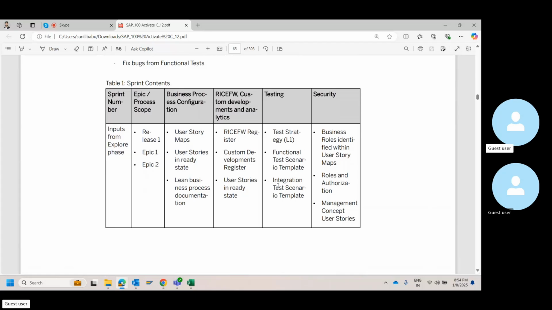I was talking about tracking, right? You need to track. It's not important to track the configuration as a whole. It's important for you to track within the configuration which module, which item is configured, which process is configured, which is not, as a project manager. Else you will not understand the progress. If there are 10 days which you have given for configuration, you need to know that master data is now configured. Within master data, what is actually configured? Vendor is configured, material master is configured, then purchasing info records is configured. These things you need to relate, so you will be able to track it down to that level.